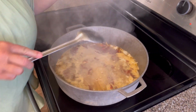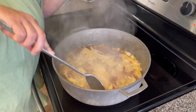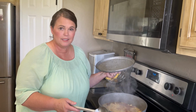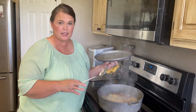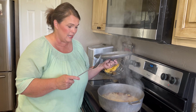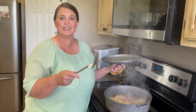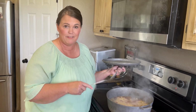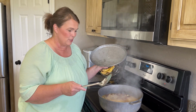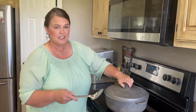I'm just gonna push this noodle right down in that liquid. You guys, seriously, the flavors of this meal soak right into those noodles. And it's one of my favorite pasta dishes in the entire world. I love this pasta meal. You're gonna love it too, seriously. We have just about 1 or 2 more minutes and we'll bring you back in the kitchen to continue the